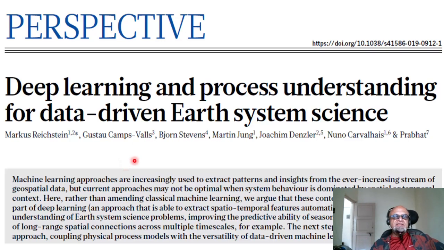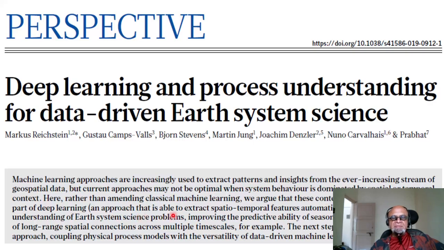So it says deep learning, it's a perspective, deep learning and process understanding for data-driven Earth system science. Machine learning approaches are increasingly used to extract patterns and insights from the ever-increasing stream of geospatial data, but current approaches may not be optimal when system behavior is dominated by spatial or temporal context.